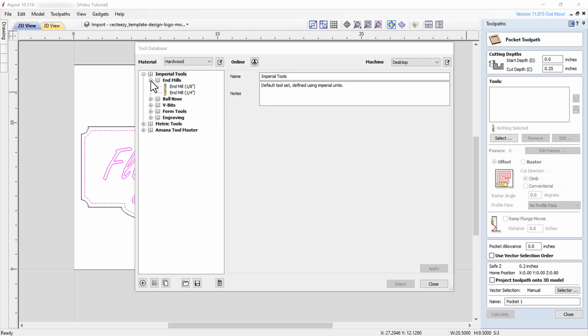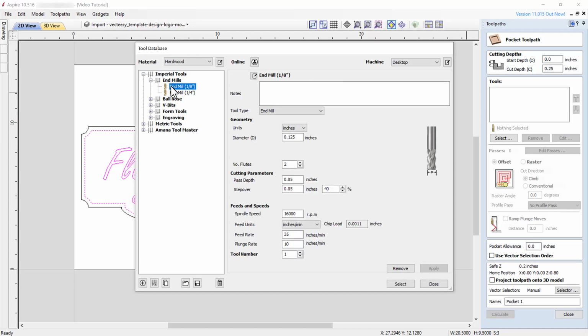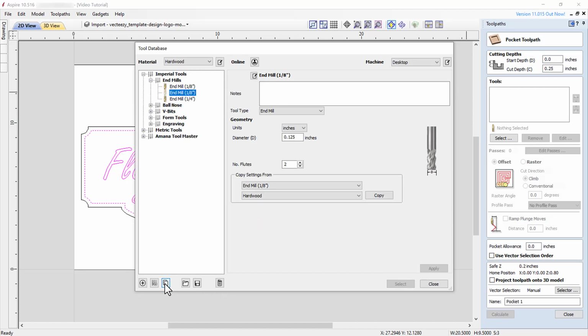In our case, let's use a 1/2 inch end mill so that we can save time pocketing out the material on our sign. We can select one of the end mills that is already available, and then go to the bottom left and click the Copy the Selected Tool group icon. From there, change the diameter to 0.5 inches.